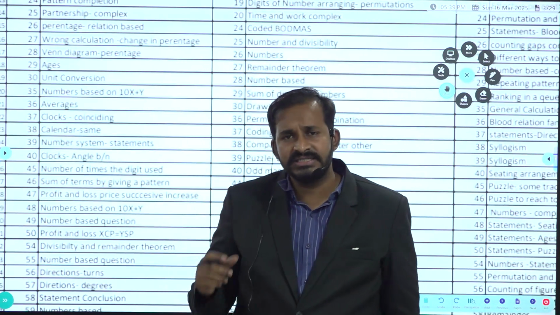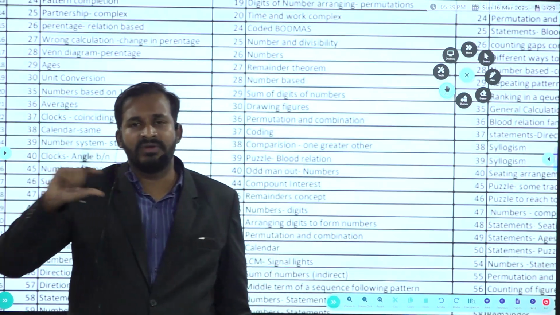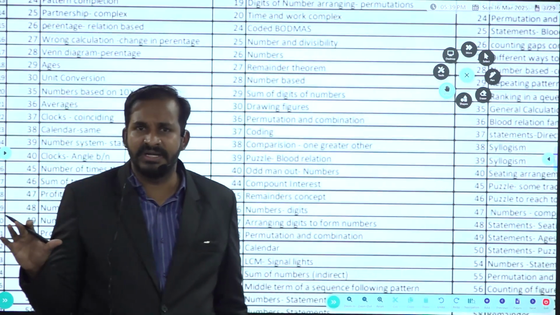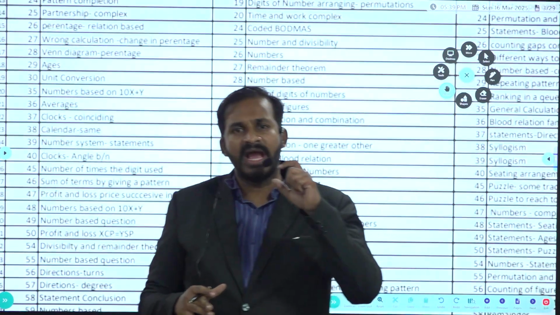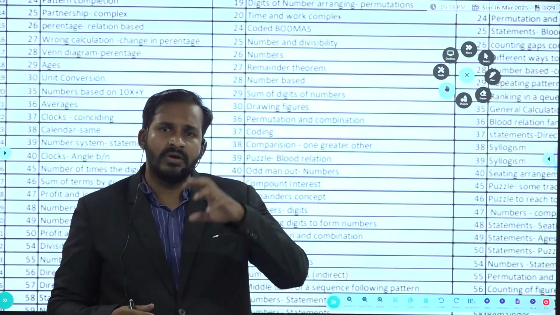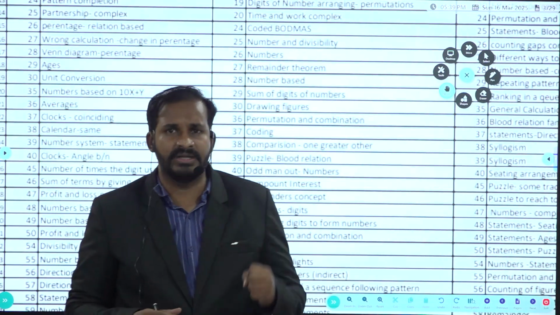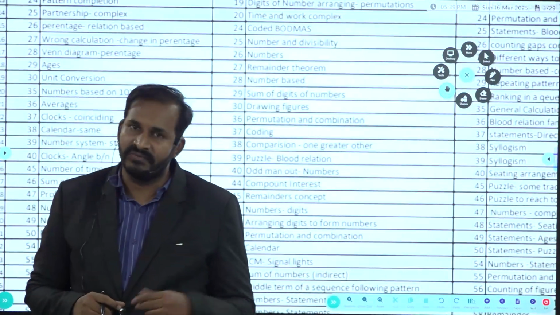Not forget in the sense is the calculation speed. You should match the calculation speed of the, what we can say, there will be some average speed, right, for every student in this competition world. So you should match that average speed to solve the problems. So if you are able to solve the problems in some particular time, then definitely it will be an add-on feature for you.